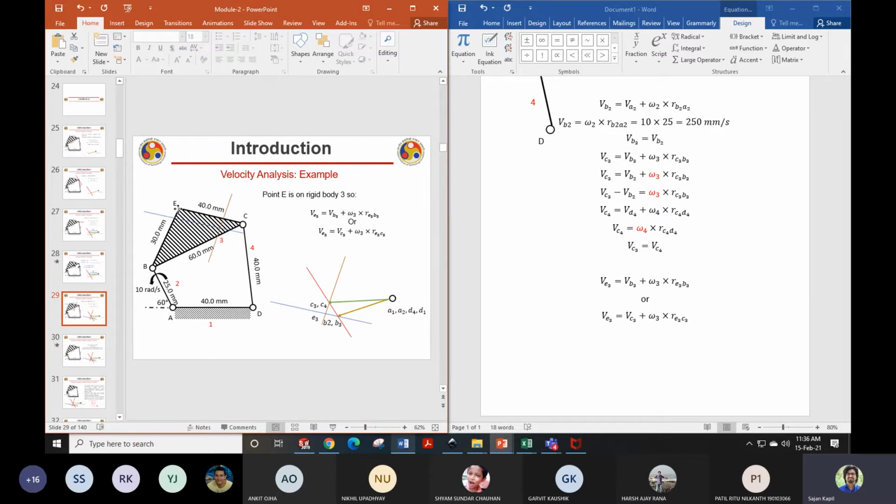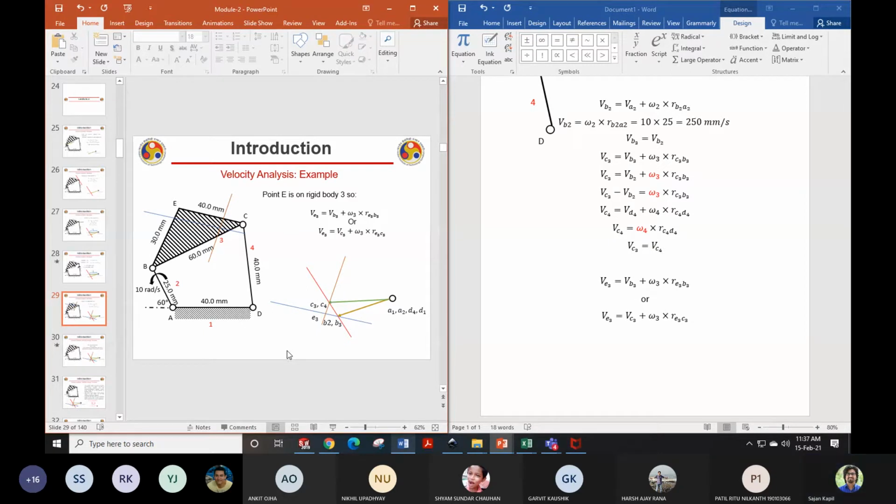So how to find out the velocity of point E? Just draw a line perpendicular to the line connecting BE, passing through B, and draw a line perpendicular to the line connecting EC, passing through C. Wherever they intersect, that will be your point E. It is very important to understand the fundamentals. If you follow any book, they will just tell you to draw the line. You should know why we are drawing lines perpendicular to this and that. Once you do that, you will get the velocity of point E, at the intersection of these two lines. Correct?